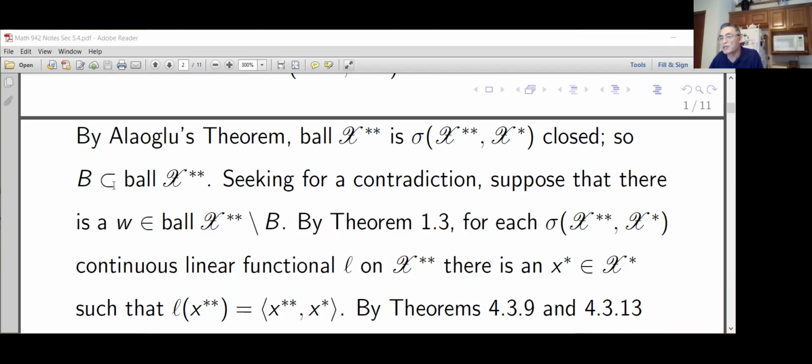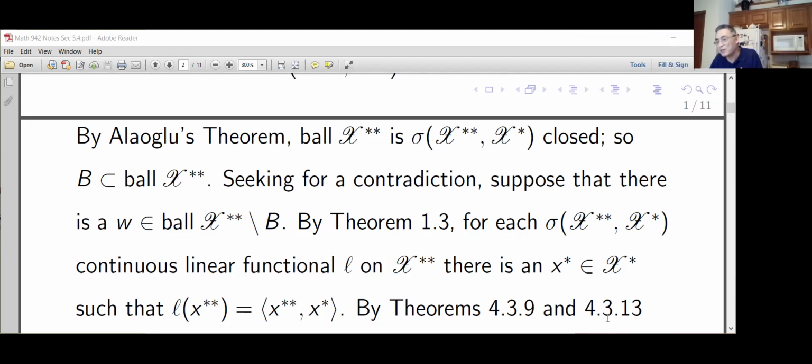So we have a convex compact set B, and we have a point outside B. Then by theorem 4.3.9 for real spaces, and 4.3.13 for complex spaces,